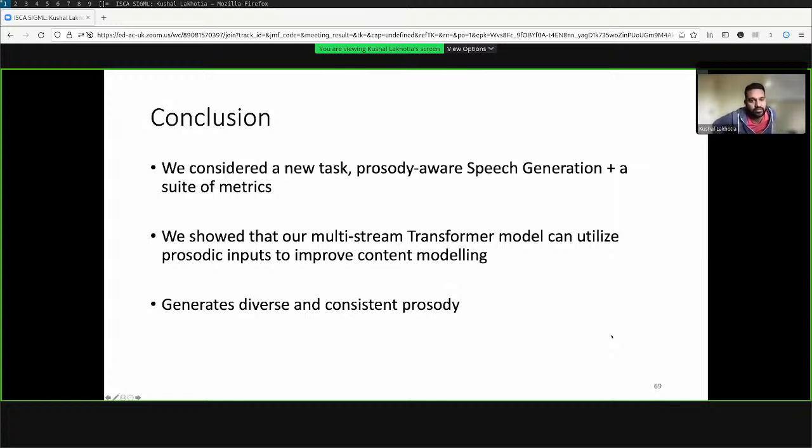So finally, we conclude that we can actually build a prosody-aware speech generation system, and then we can actually measure them using this automatic suite of metrics, which have pretty good correlation with human metrics. So as future work, basically what we now want to do is move on from language modeling to more